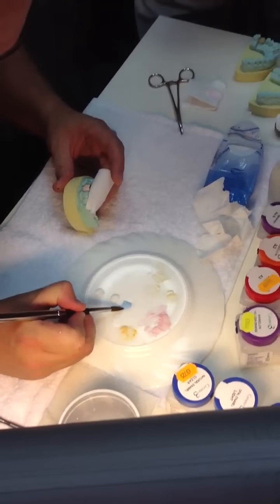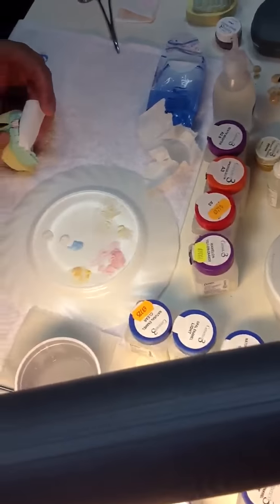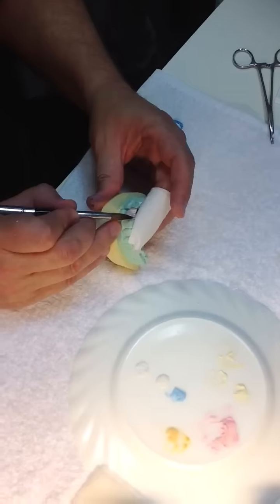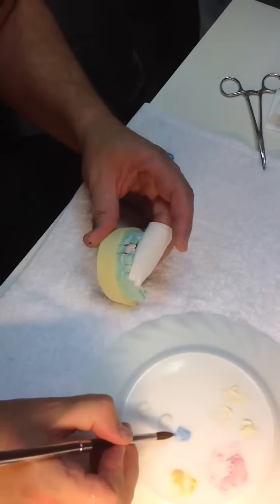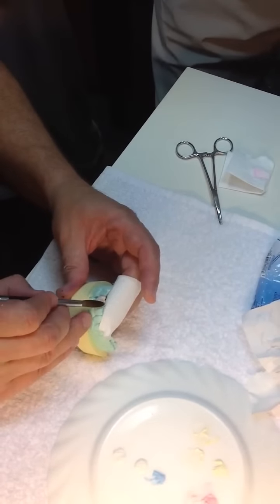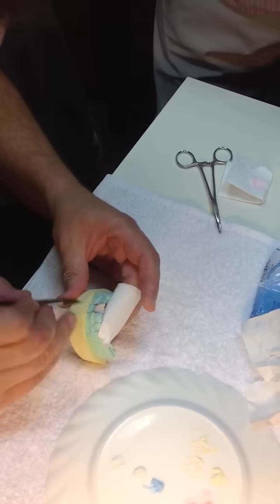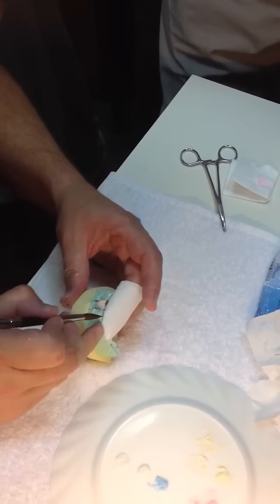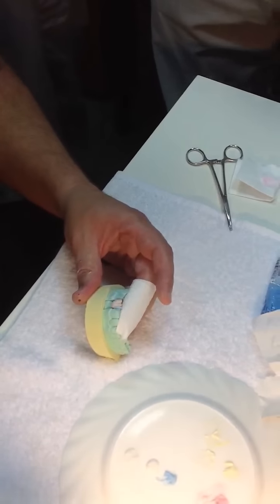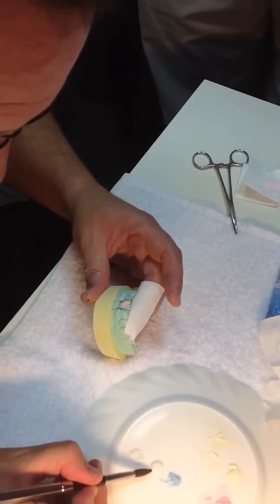So we'll go with the blue, starting with the blue, generally try to